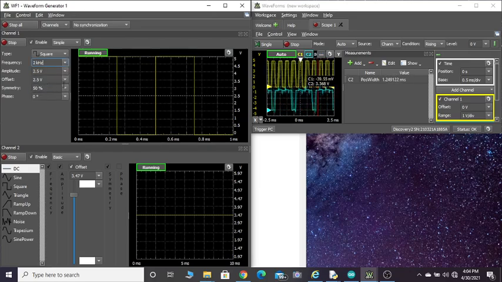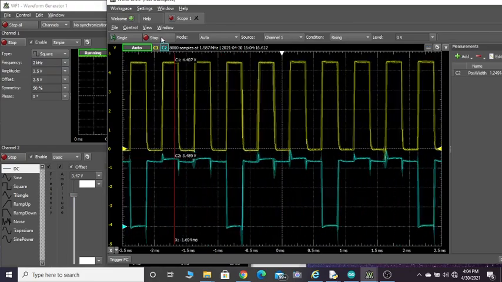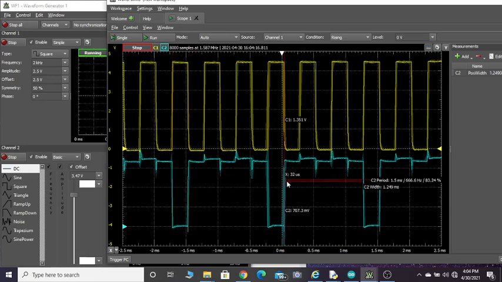Even if I increase the frequency to 2 kilohertz, can you see it is the same 1.3 millisecond? See here, from here it starts. You have a second trigger signal, a third trigger signal. They are not considered until the end of the pulse width, almost 1.24 millisecond. Again here, this is a valid trigger signal. You have one more trigger signal, that is not considered, and one more, that is not considered.